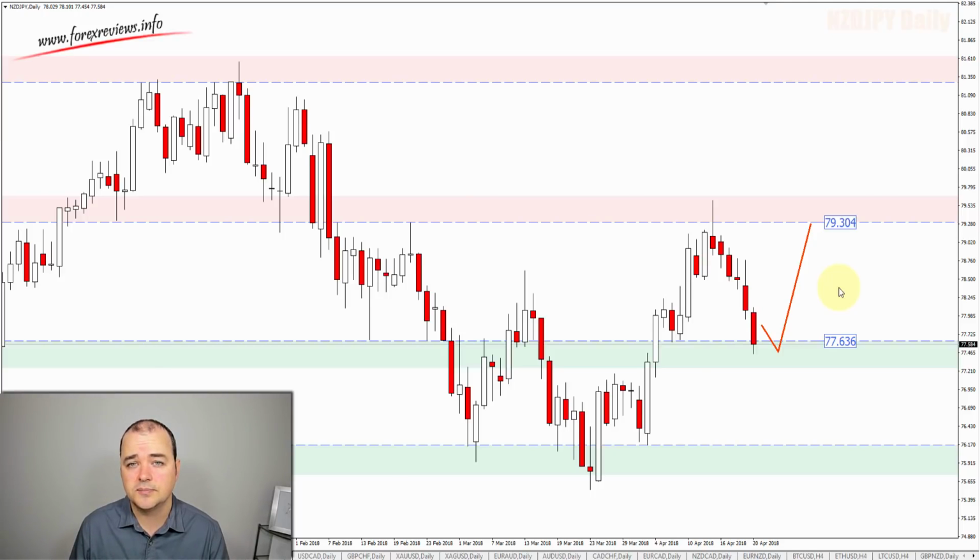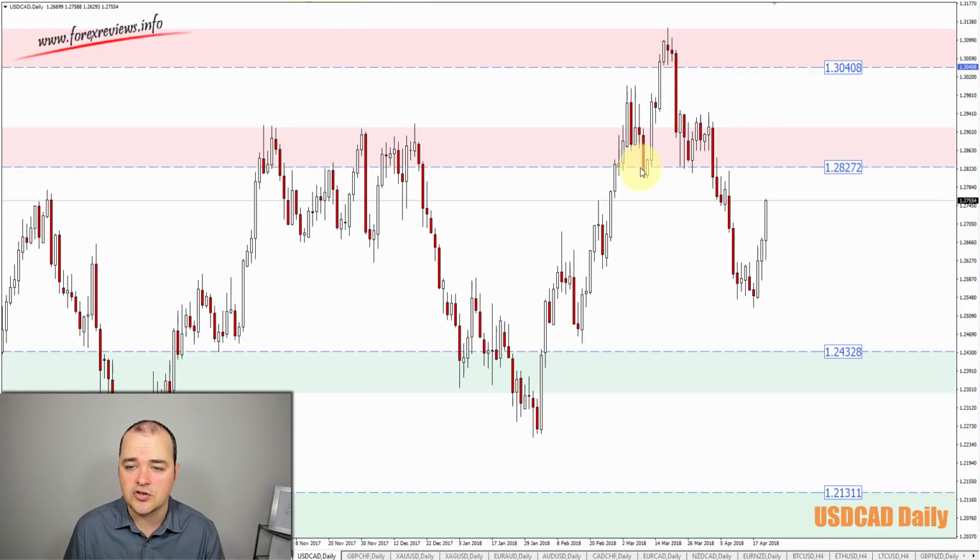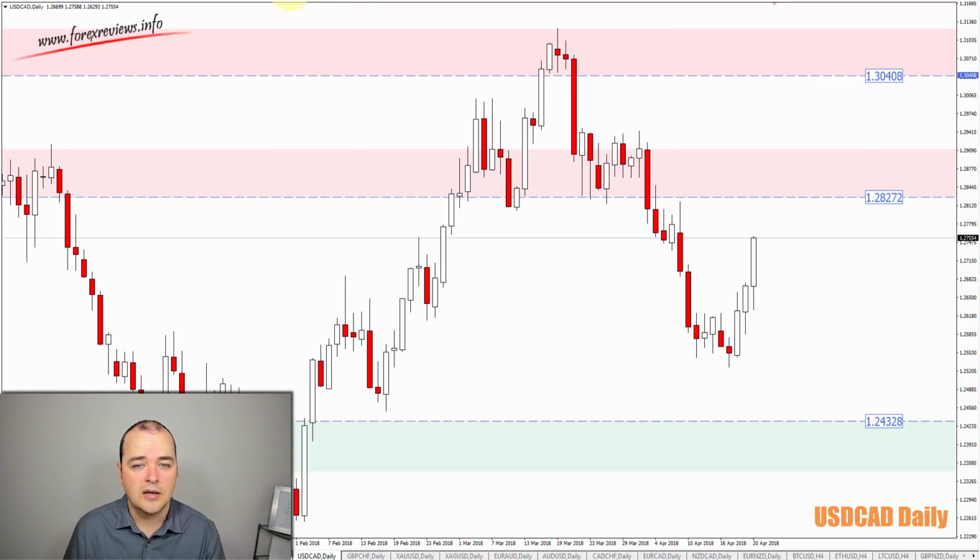Okay, well that's that market. Okay, next pair I'd like to highlight is USD/CAD, and I'm on the daily chart. Now in USD/CAD this week, we'd like to highlight a potential pullback area, which is the 128.27 zone area. This is an area that acted as strong support, looking left back here, and resistance back here in the past. And is an area that if price action tests this area this week,